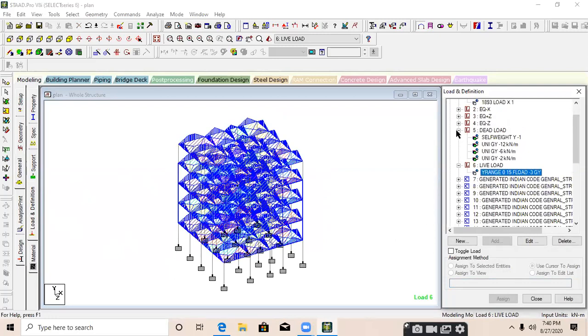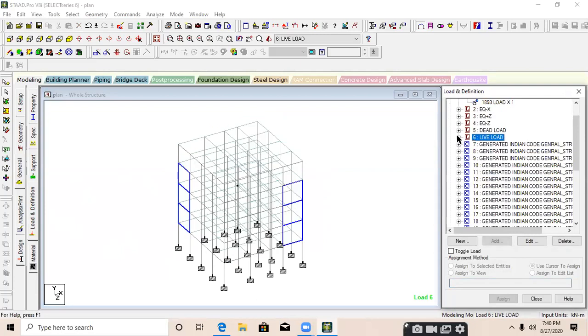To design a shear wall, you just need one of the horizontal forces. Either it can be a wind load or a seismic load, or you can provide both horizontal forces, seismic and wind. So in this case, we have provided a seismic force.